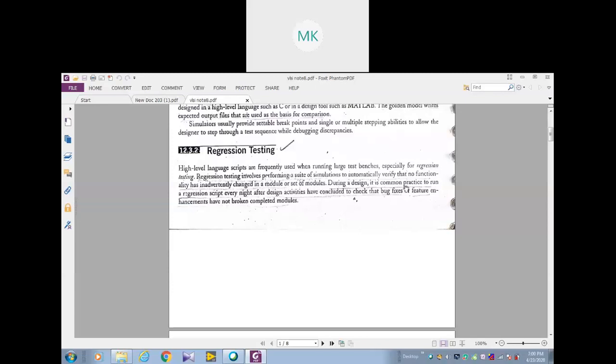During a design, it is common practice to run a regression script every night after design activity has concluded, to check that bug fixes or feature enhancements have not broken completed modules.